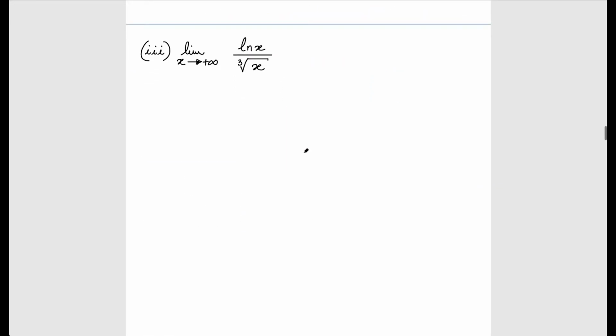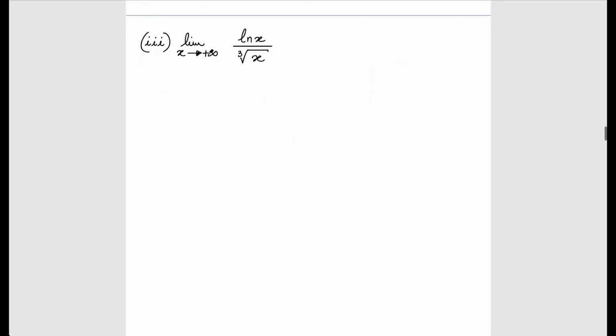All right, part 3. As x goes to infinity, find the limit of the function ln x divided by the third root of x. So what do we have, an indeterminate form here? Yeah, this is infinity upstairs as x goes to infinity. This guy blows up and this guy blows up. So this is of type infinity over infinity. You can check that you can justify why L'Hopital's rule can be applied. You can verify the other conditions, and once you apply it, you obtain